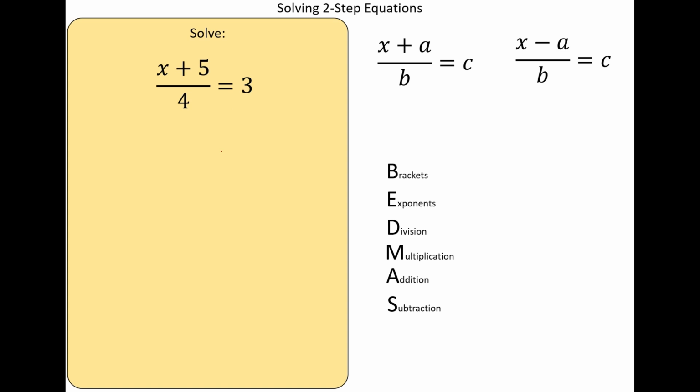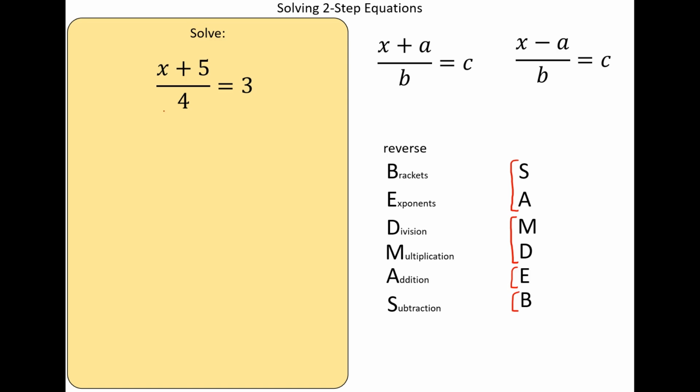So again, we want to isolate for x, and we want to use reverse BEDMAS for that. Reverse BEDMAS will be called SAMDEV. For SAMDEV, we want to undo subtraction and addition first. Then we want to undo multiplication and division. Then we undo exponents. And finally, we undo brackets. By undo, I mean we want to do the opposite operation of whatever is happening, such that we get x